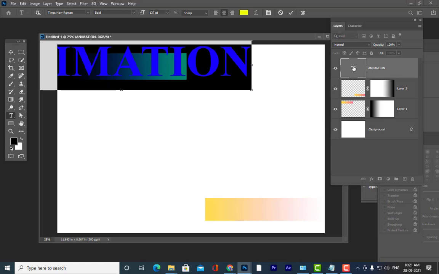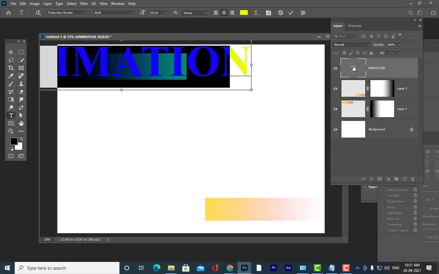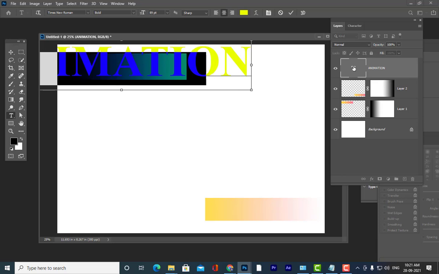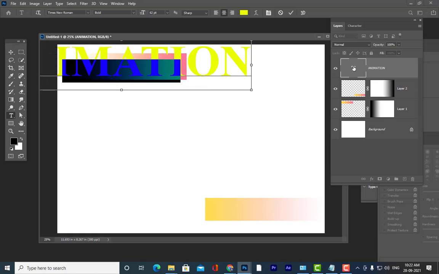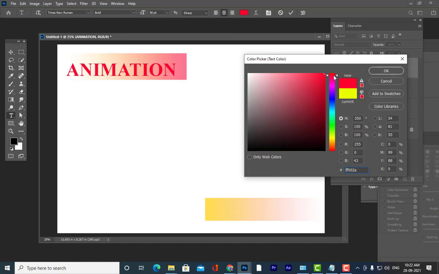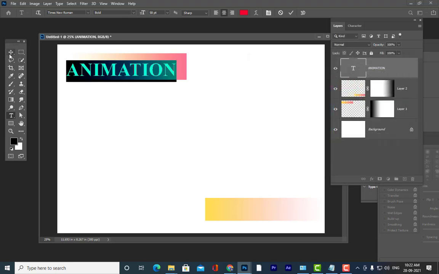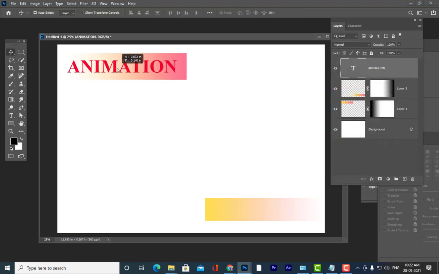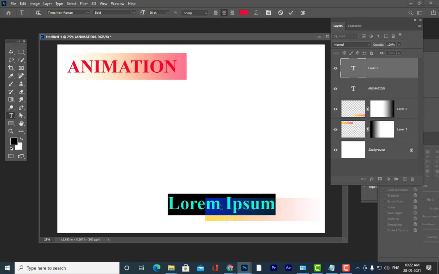So Control Shift less than. So you can use any color if you want. And we will just type training center here.